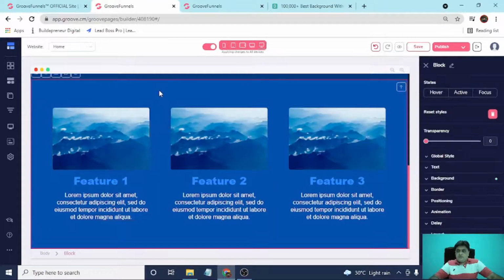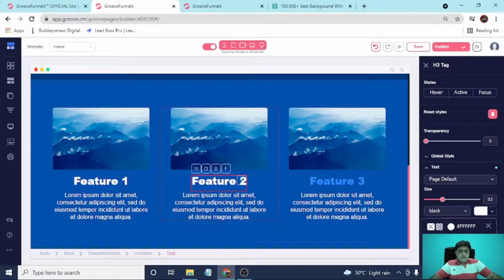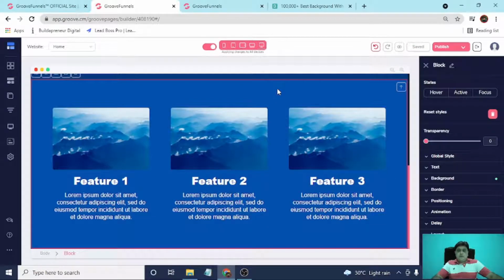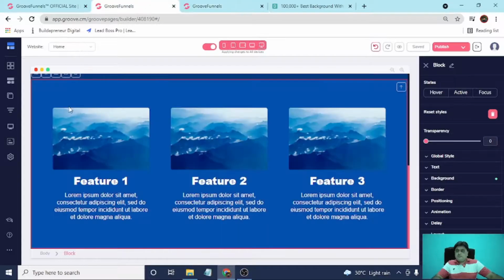For the sake of this video, I will leave it as it is, and here I am going to change the color to white. Here also change color to white, and here also change color to white. That's it guys.